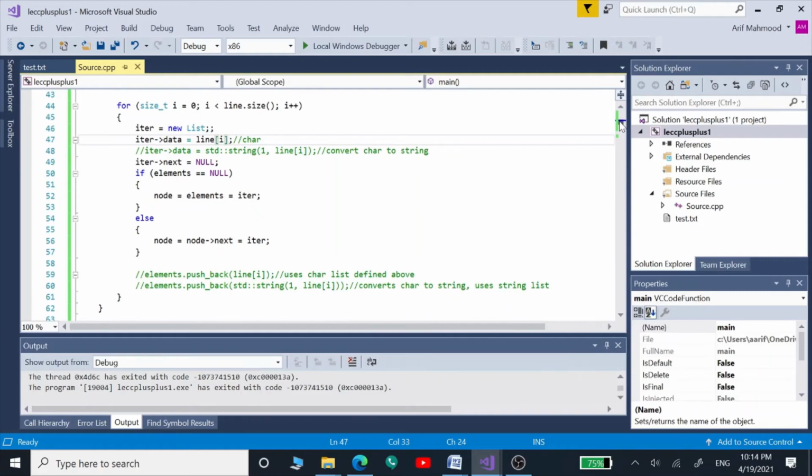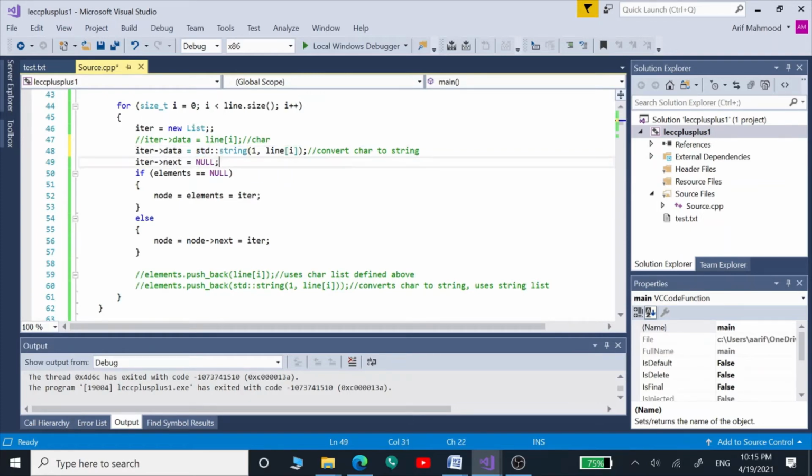Now we are going to see how, once we get these characters, we can convert these individual characters or letters or spaces into a string. What we have to do is just include this line instead of this line. Now we are first converting all those characters, line I, into a string using this string function.